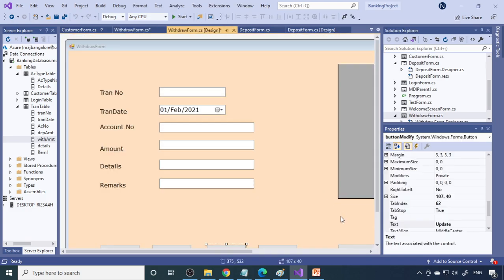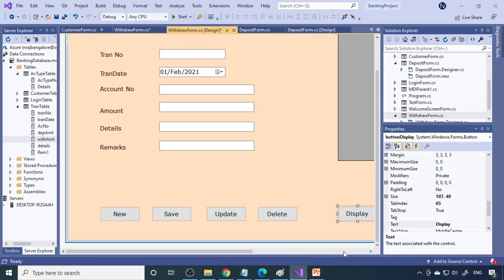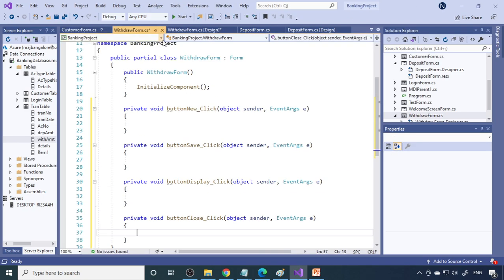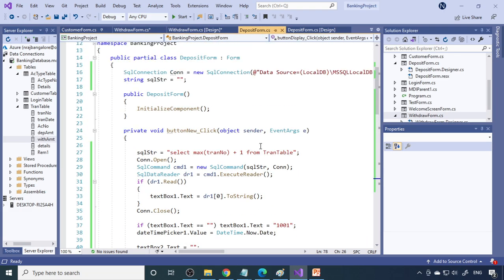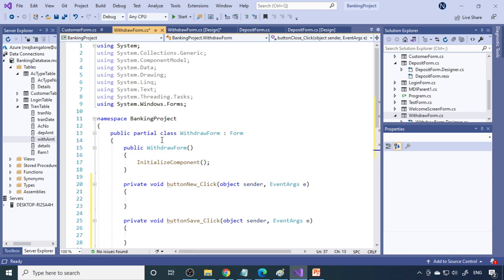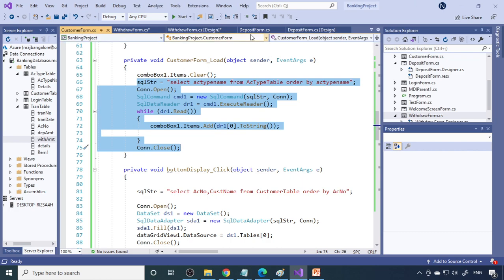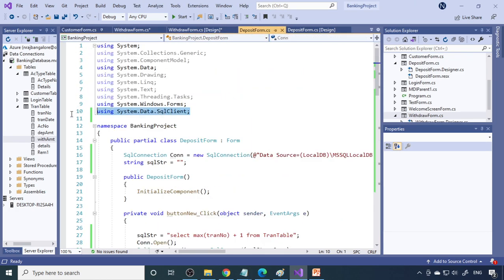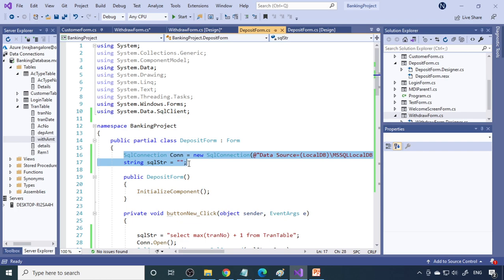Okay. So then we have display. Then we have close. Okay. Then I think form load event. Close. Display. Save. Now only this much. Okay. Now what we can do is, so this is the withdraw. Okay. So we don't copy it here. So first I'll go and copy this one. So deposit form. So from that, import this thing, then you have to write SQL statement.